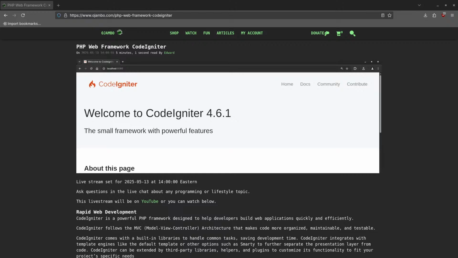In this tutorial, I'm going to show you how to use the PHP Web Framework CodeIgniter to create your own